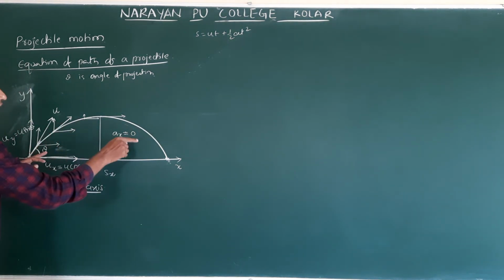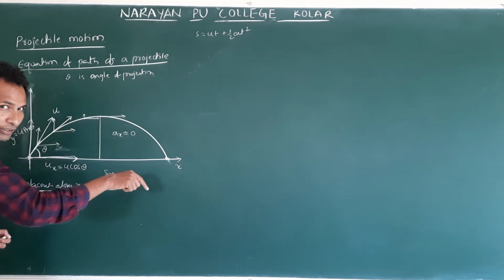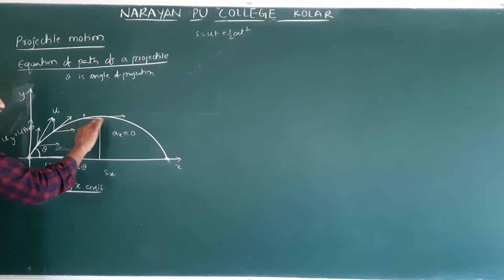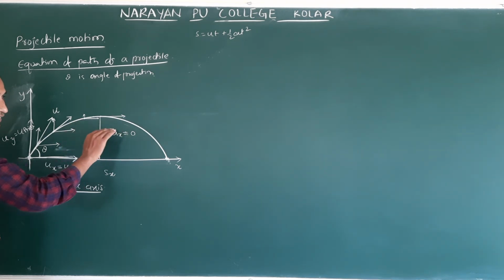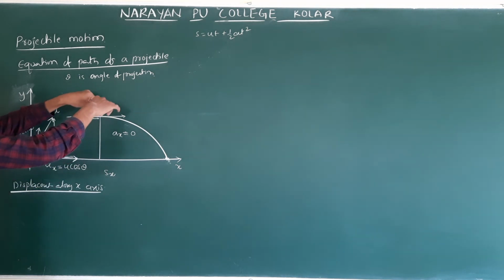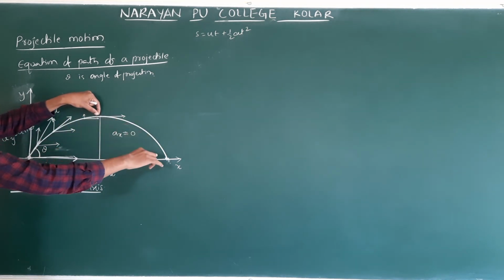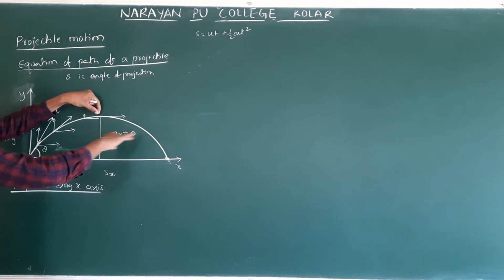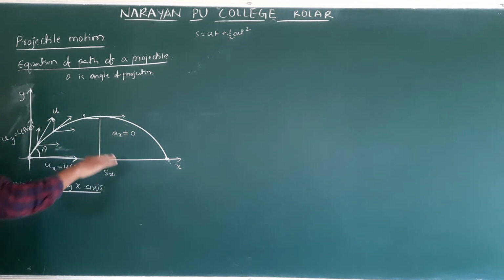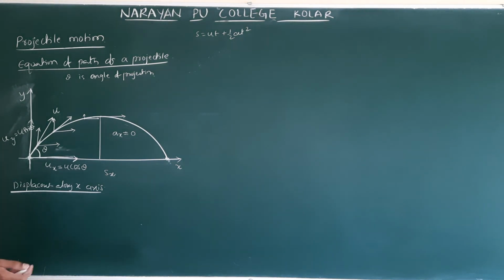Sir, why does it move like this? It is thrown. That's why it is moving, but not because of a force. The object moves along this path because of the throw. If I release the object here, it will not follow this path. That means no force is acting along the x direction. Understand? So no force acts along the x direction. There is no acceleration along the x direction according to Newton's laws.